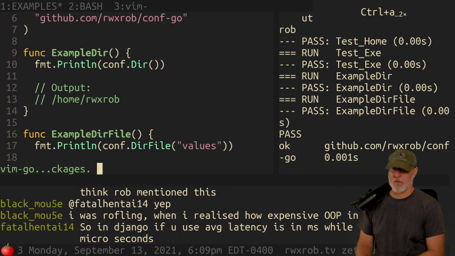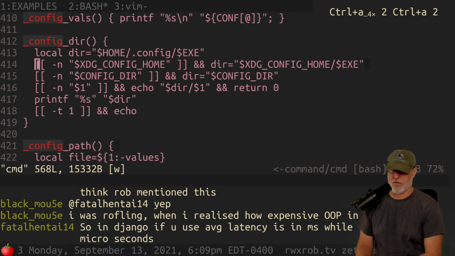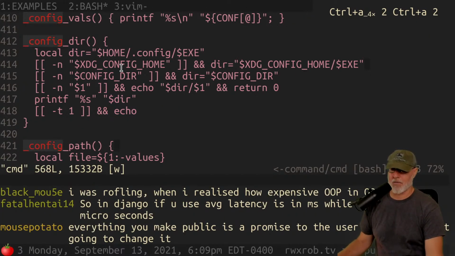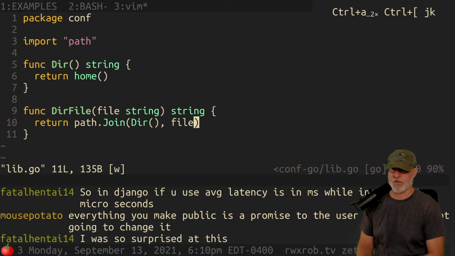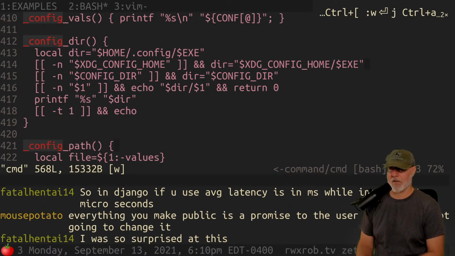If anything, I have a question about whether I need to do that much magic. There's a lot of magic here, and some of it might need to go. Yeah. So Django is using average latency. Wow. Interesting. I'm just going to look. I'm not going to question the design. I'm just going to implement it as is. We're going to port it, and then we'll do some efficiency benchmarking and stuff like that.